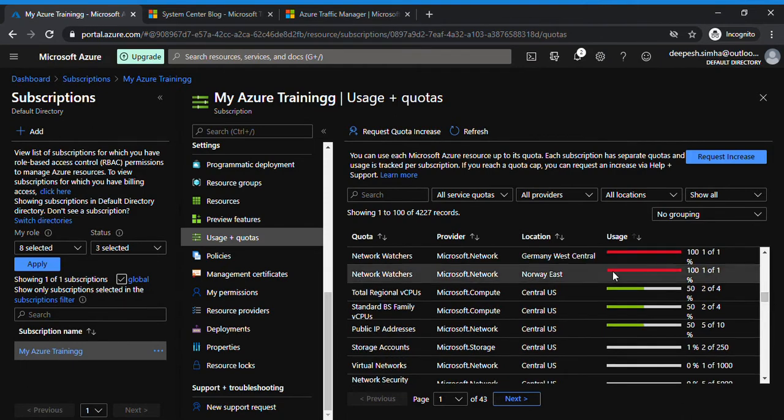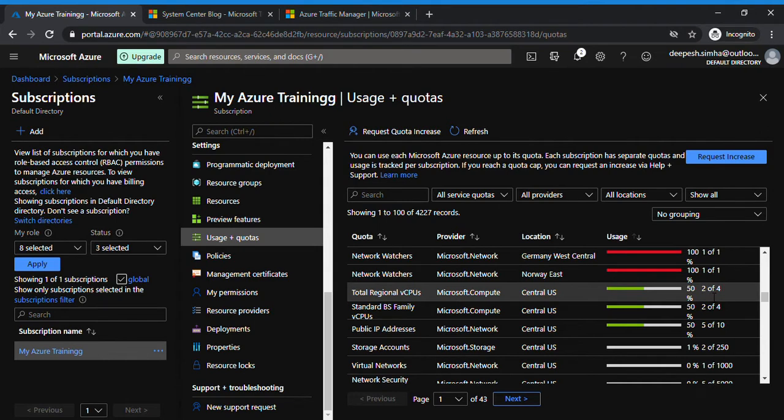In a similar manner, you are going to have n number of services. Here, if you look at the total regional virtual CPUs, Microsoft Compute, this provider, it shows 2 of 4. So you have only 4 virtual CPU cores, you have already utilized 2 cores, and you can use only another 2 cores. If you have utilized 100%, what is the impact? You're not going to have an impact on your existing VMs.